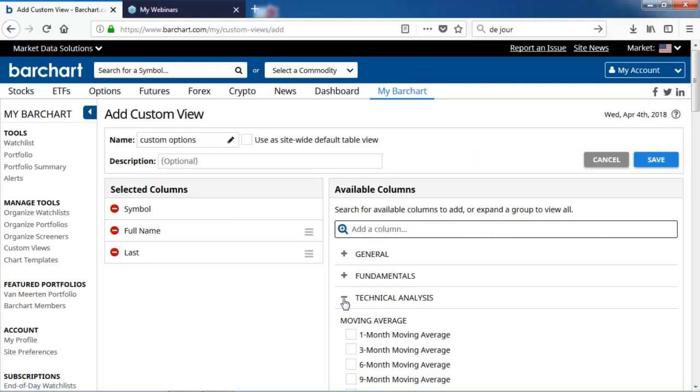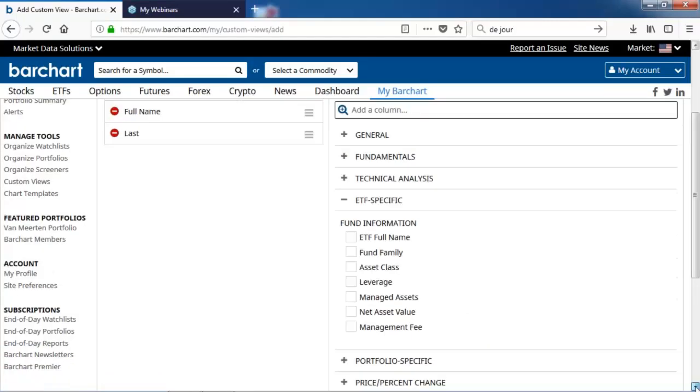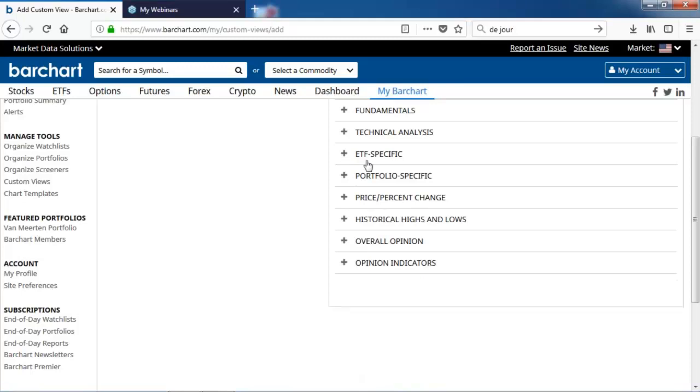So those are some of the technicals. Like I said, for ETFs, there are some specific things that ETFs have that equities don't: management fees, net asset value, and those columns wouldn't show up if you use that custom view on a stock table. Historical highs and lows, overall opinions.